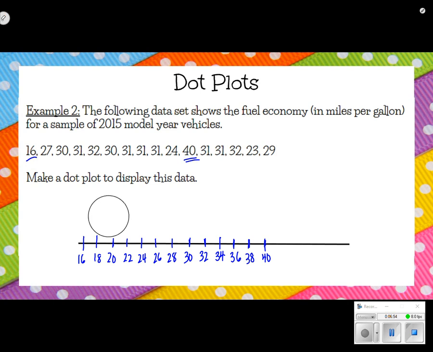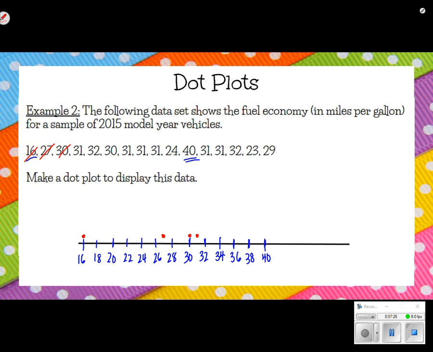Okay, and what I'm going to do this time is mark out the ones that I've used, because when you get a little bit more data points, I might lose track of what I was doing. So here is 16, and 27 is about right there. Notice I'm trying to line up the dot from 16 and the dot from 27. So I'm not going to put it right on the line, even though there's a place to do that. I want them to all match at that same height. And then I've got a dot at 30,